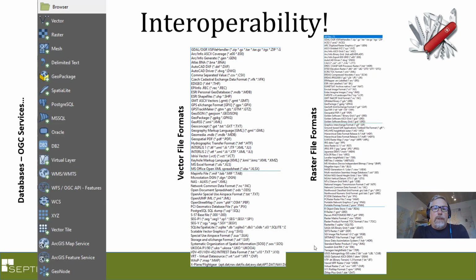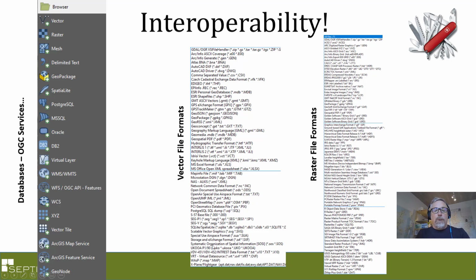And QGIS has great interoperability. And by this, I mean it's the Swiss Army knife of GIS software. Because of GDAL and OGR, it can read and write almost every geospatial data format. This is the left side of the data source manager, which I'll show you in the course. And these are different tabs for accessing different kinds of data. And you can see for vector data, which is point, line, polygon data, these are all the different formats that